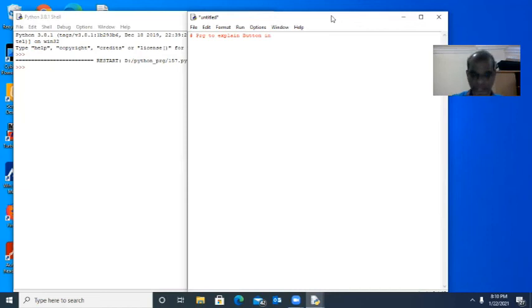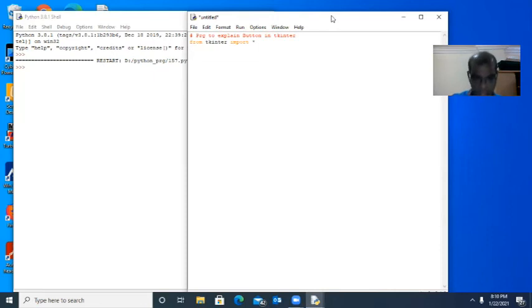In tkinter, as usual, you have to import tkinter import all star. Whatever necessary widget we are using in our program, that will be imported, no problem.